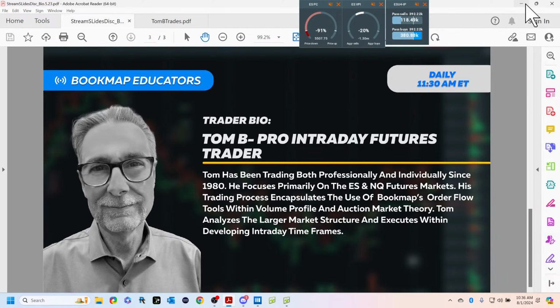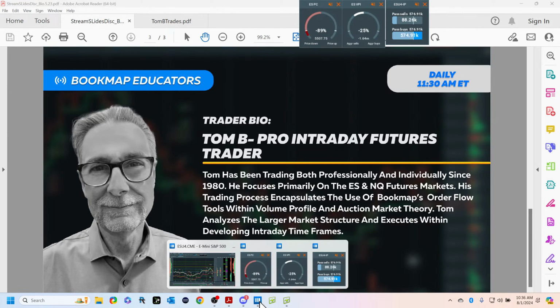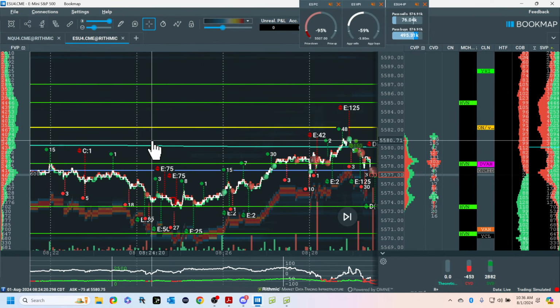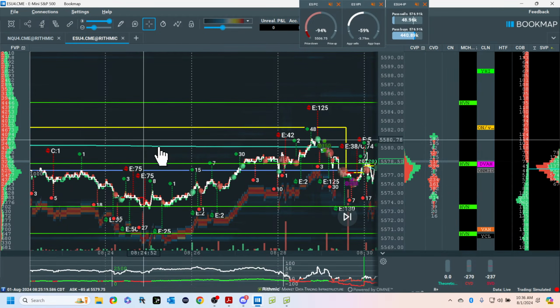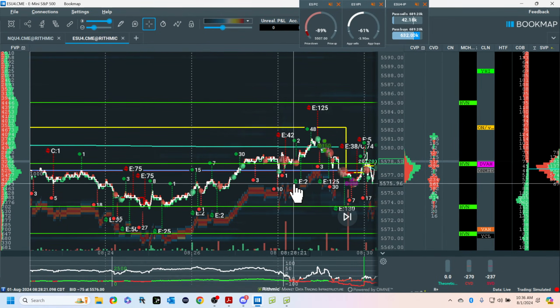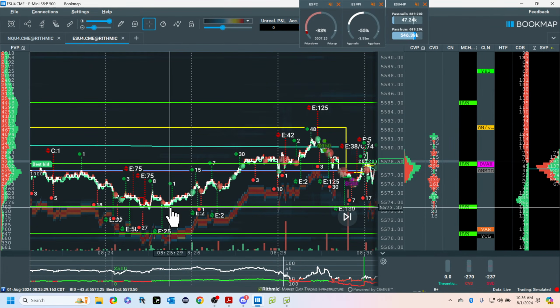This morning, the idea was for continuation to the long side. So I'm going to show you the first trade. Now, RTH open is 8:30. I'm not going to pull the chat up to show you the post. By the way, the target is 55.0575 for me on the short here.